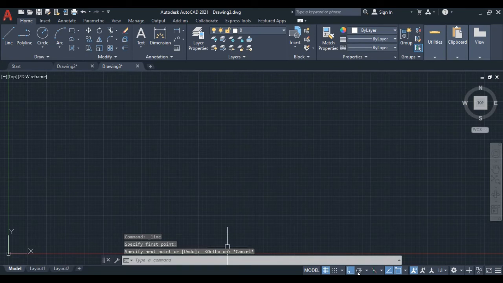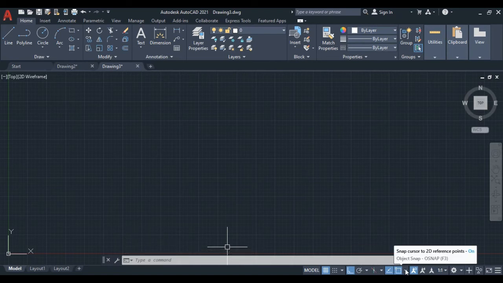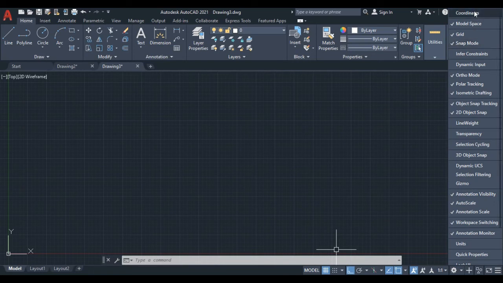Okay, then here you will get the option to restrict cursor to specified angles. Okay, and here are some toggle keys. If you are not getting these toggle keys on your screen in your AutoCAD, simply go to the customization setting, click over here, and you will get all these settings here. If you can see that, the ones which are selected are appearing over here.